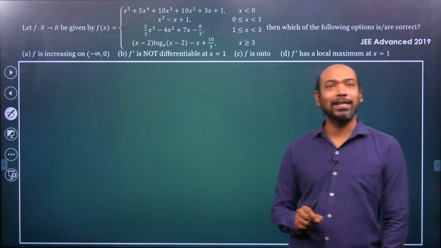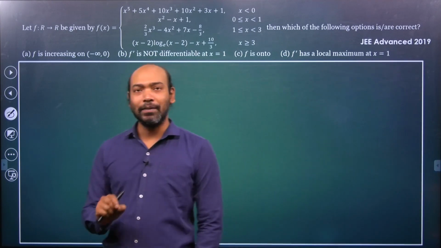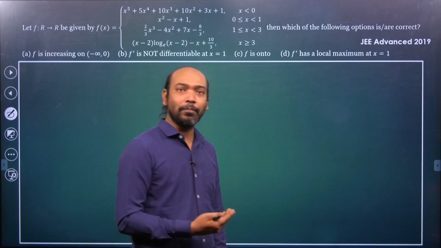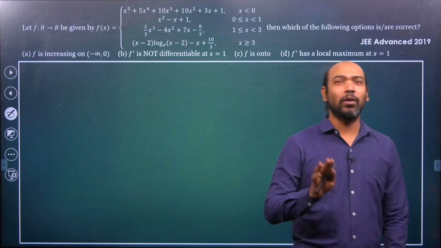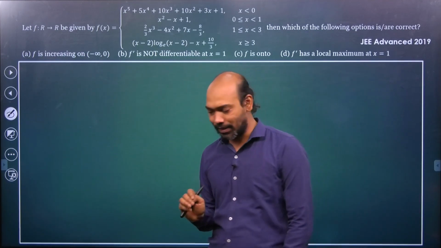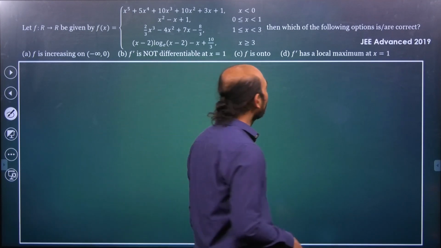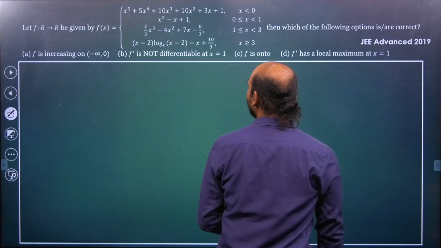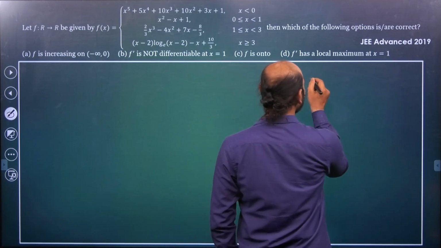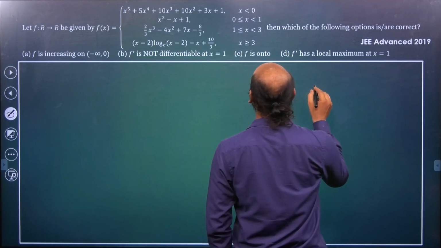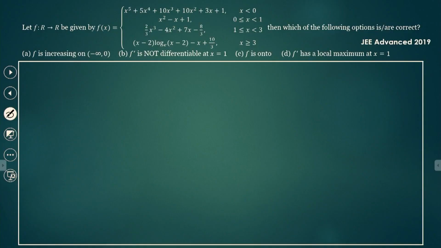So therefore we understand that we need to find out f dash x to interpret these options. So let's go ahead and find out the f dash x. Now how do we go ahead and find the f dash x? Obviously step by step. So let's go ahead and write that f dash x. Here let us consider the interval x less than 0. It's given that the function f x